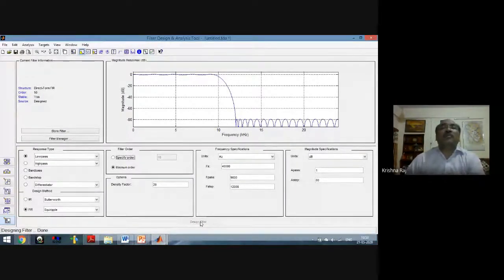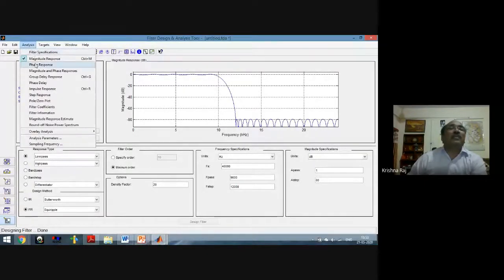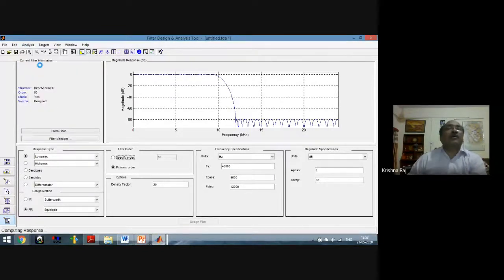Now this is the frequency response of the filter in the pass band. This is the response here having the attenuation. In the stop band there are ripples of this value here. Now if we are again interested in analysis, then we will move to this one, analysis for the phase response. Means this is the amplitude response, now how the phase response will be there.